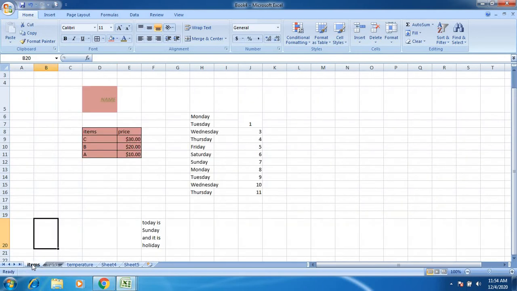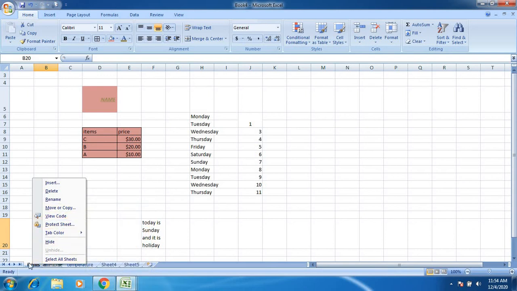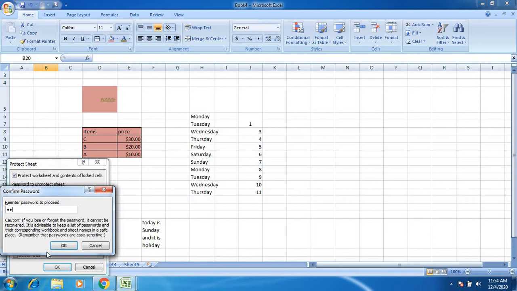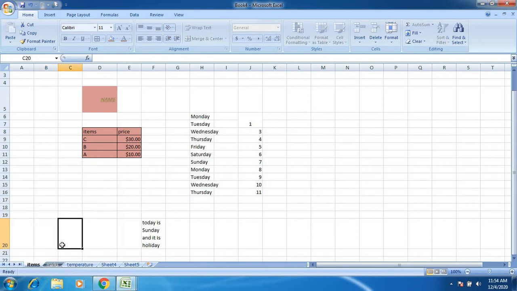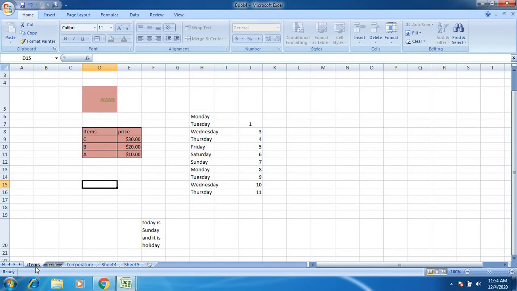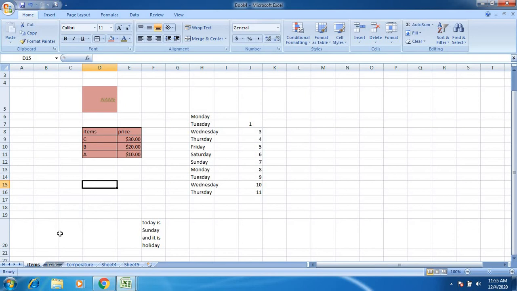So how to protect the sheet? I want to make this read only. How to make this particular sheet read only? Just click on this and protect the sheet, so that it allows only read only operations. In order to do this, you have to enter a password, any password you want. Now this particular sheet has become a read only sheet, and nobody can edit it. If I want to remove this again, we have to click on this and unprotect the sheet. To unprotect it, again we have to enter the password. Now it becomes unprotected, and somebody can edit here.